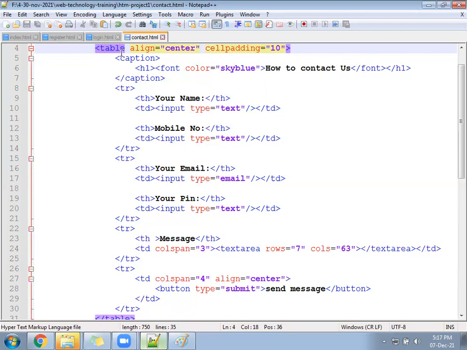This file is ready. In the HTML project 1 folder, you have some photos already. Photos we have 1, 2, 3 somewhere.